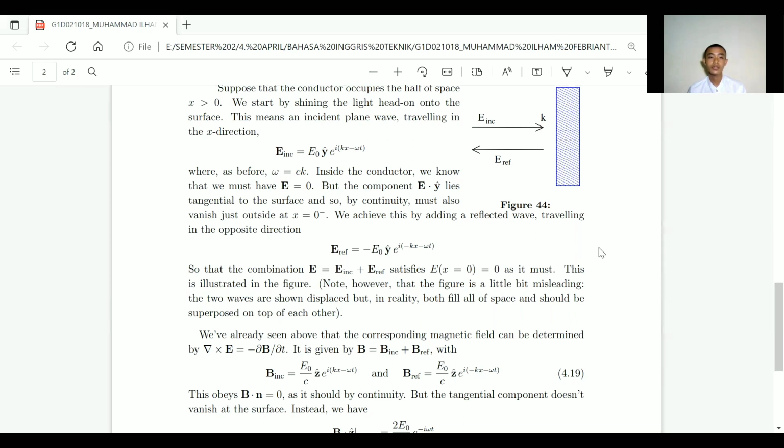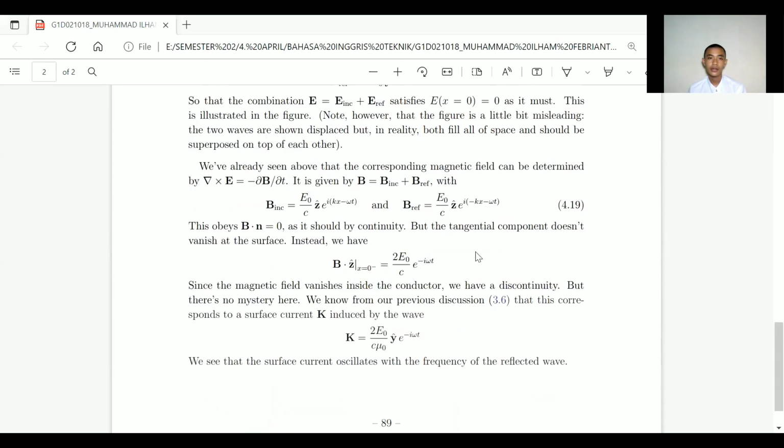This is illustrated in the figure. Note, however, that the figure is a little bit misleading. The two waves are shown displaced, but in reality they fill all of space and should be superposed on top of each other. We have already seen above that the corresponding magnetic field can be determined by